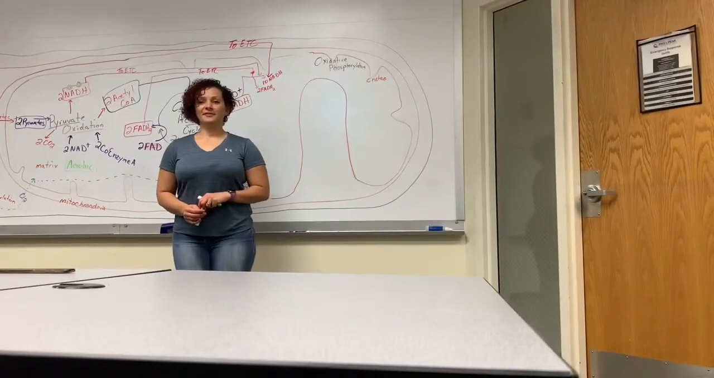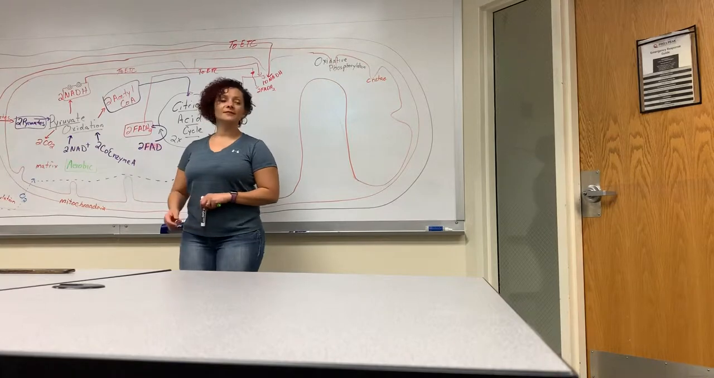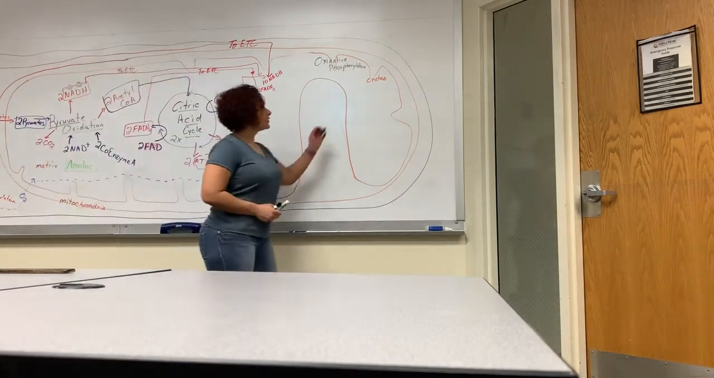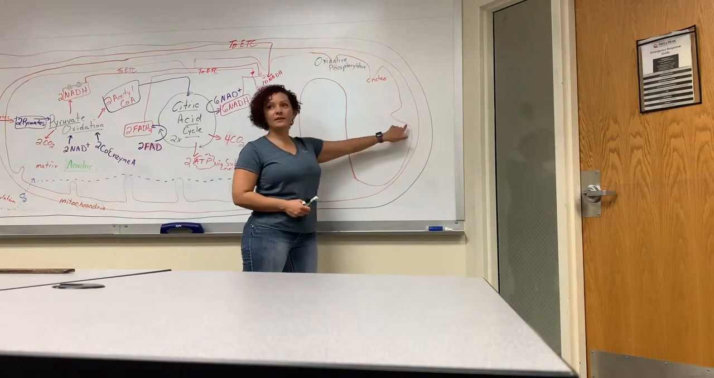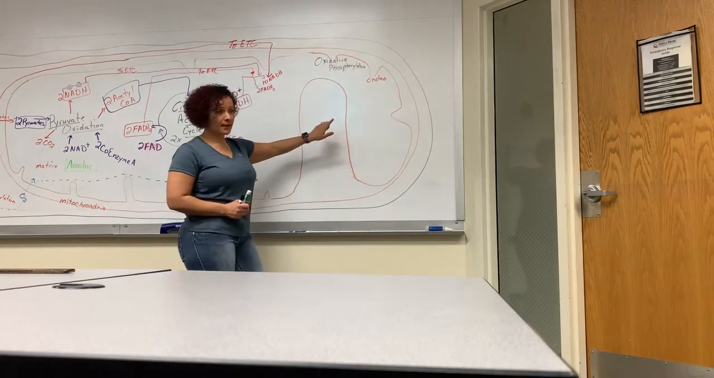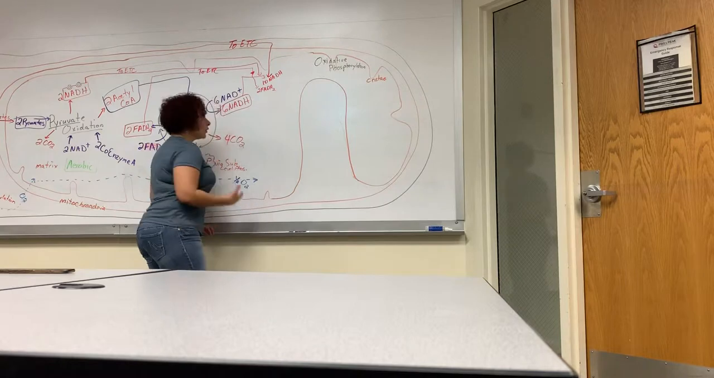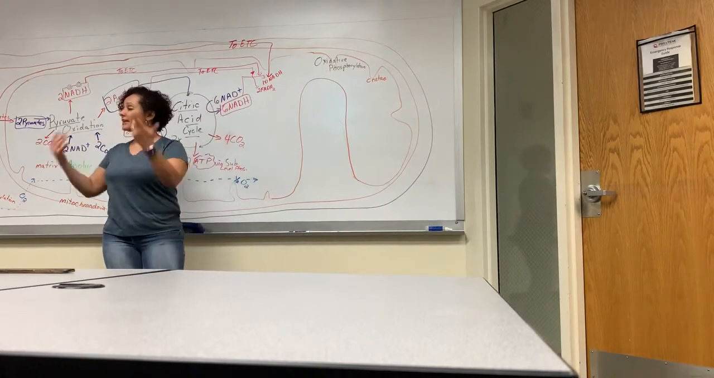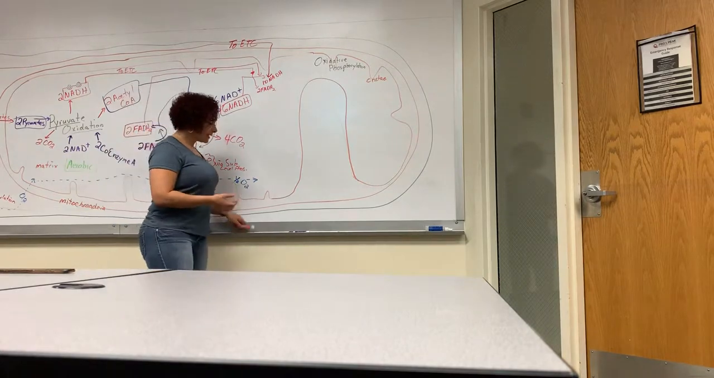All right, so we're going to do oxidative phosphorylation. Oxidative phosphorylation takes place on the cristae. The cristae are the inner folding of the inner mitochondrial membrane. So, when I told you that it's broken up between electron transport chain and chemiosmosis, what the electron transport